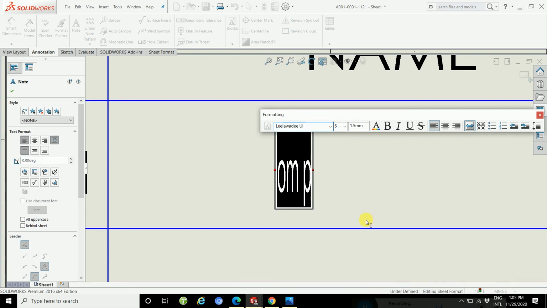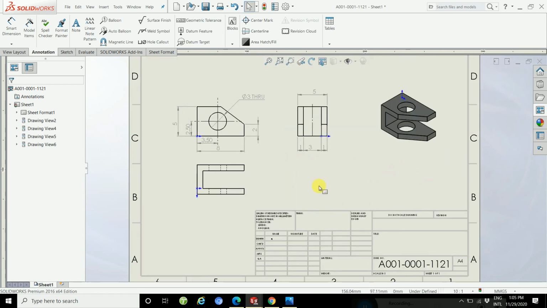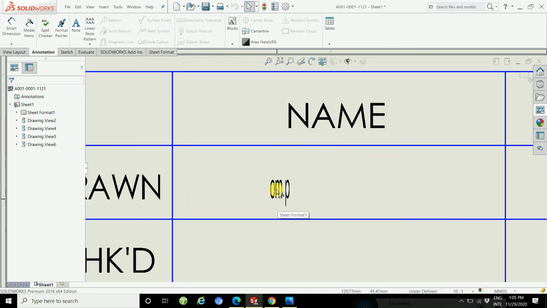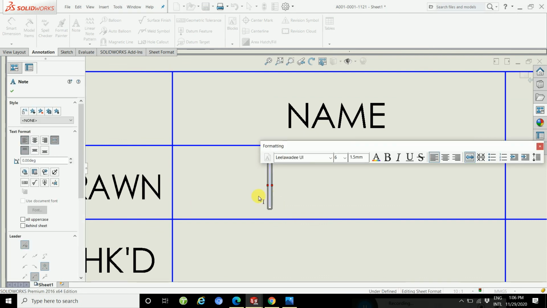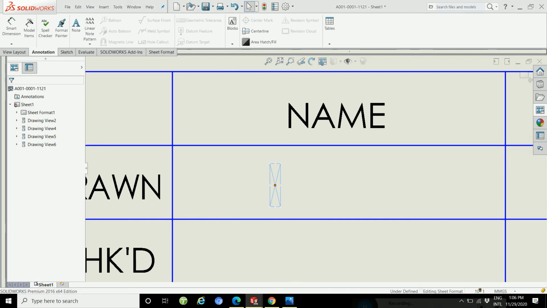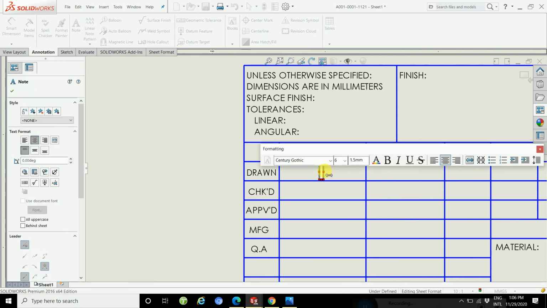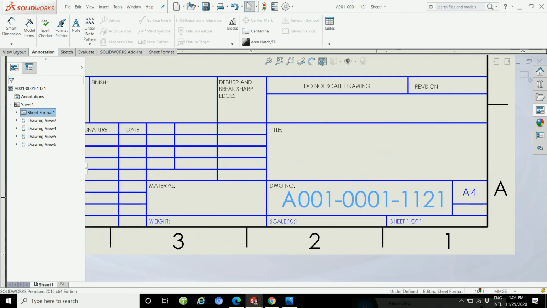The font will be changed. Okay, click here and then change your